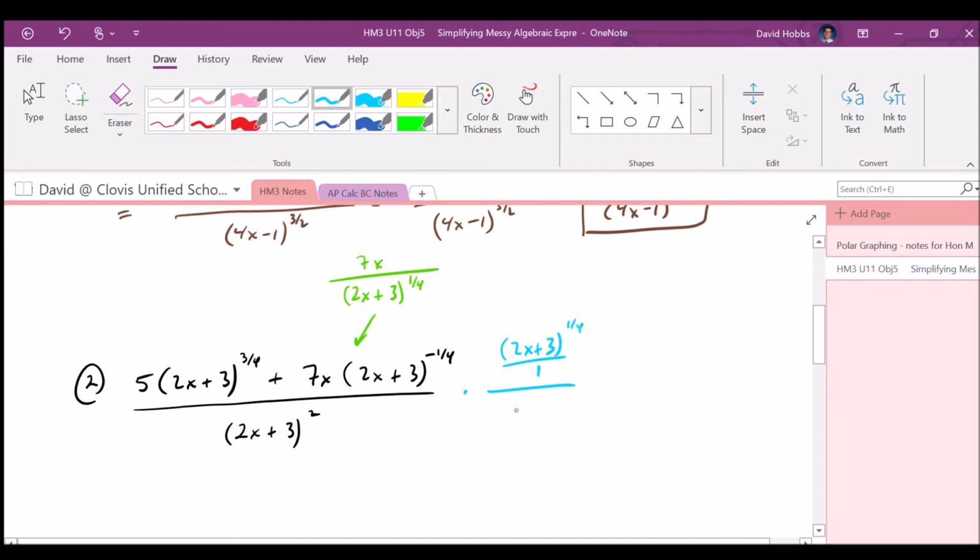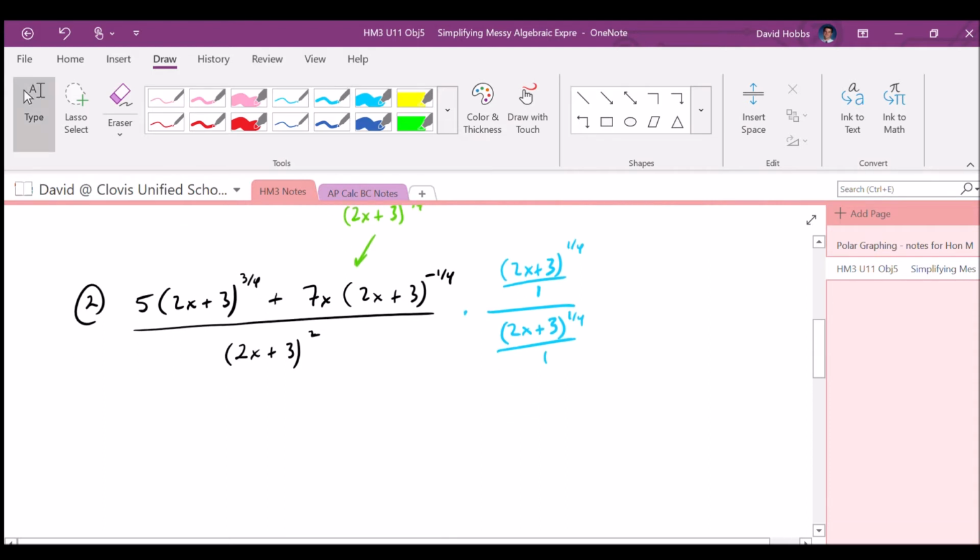And again, you don't have to do the over ones, but I think it's helpful for some of you. Okay, now if we do the denominator first,